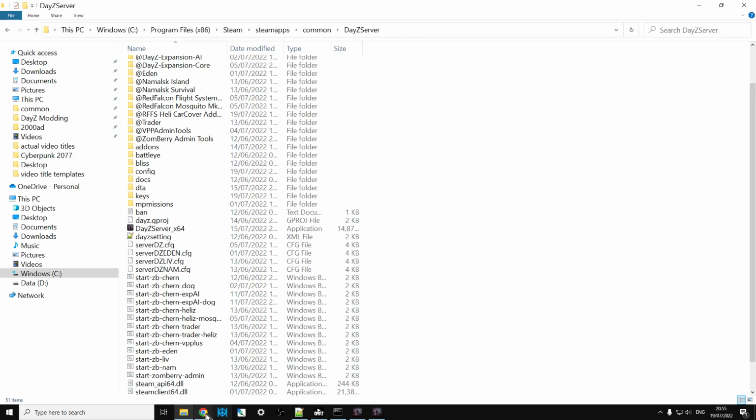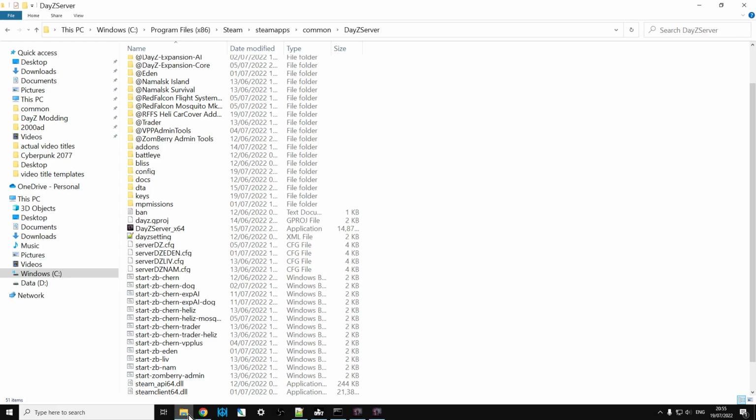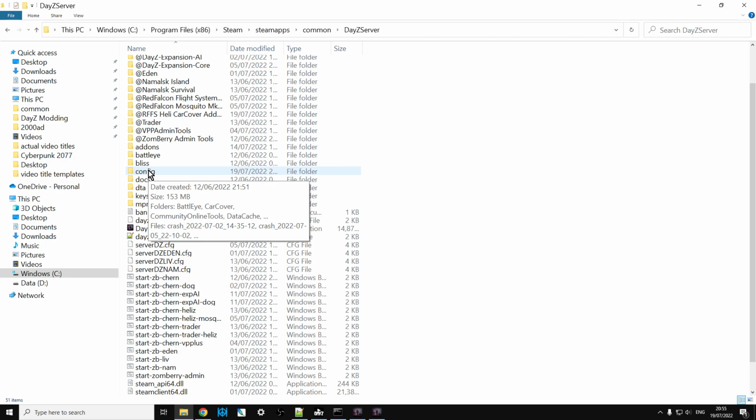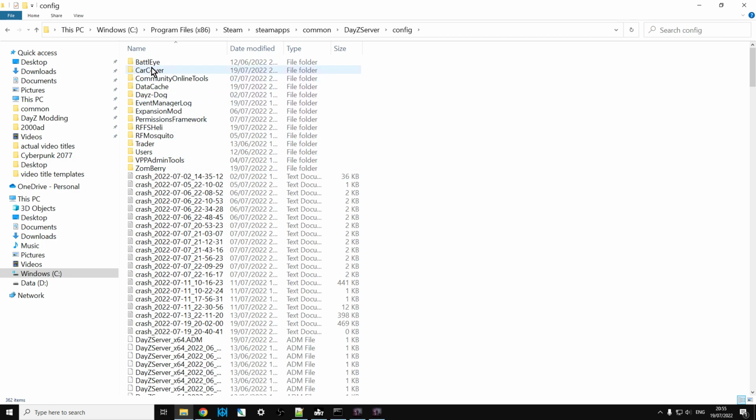So when you look at, for example, a Nitrado server, this additional mods section here is actually the start batch file. We don't actually have access to the .bat file on Nitrado and with lots of server providers, but obviously you do on your local server. So then you'd fire up your server, you'd let it run through, and that will generate in your config folder, or your settings folder, or your profiles folder, a car cover